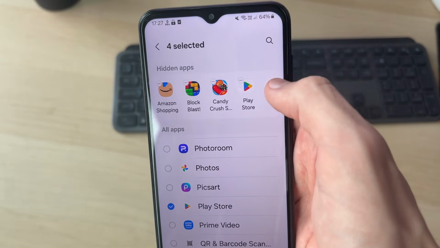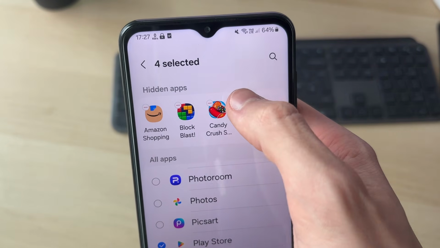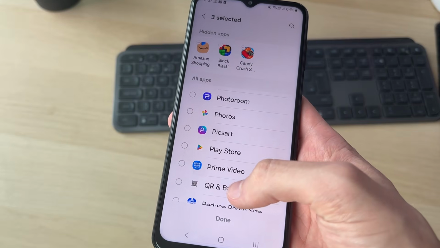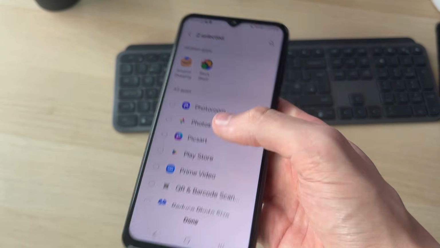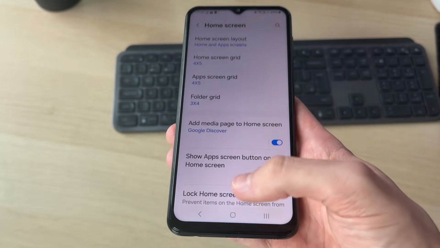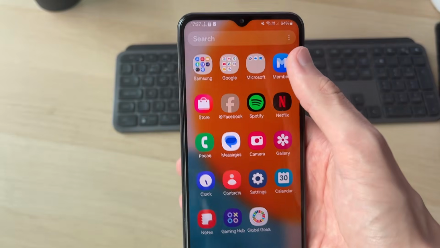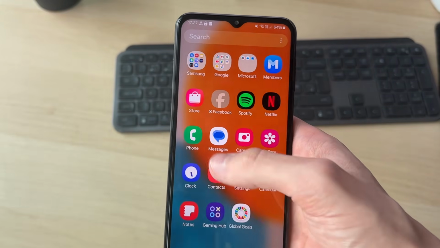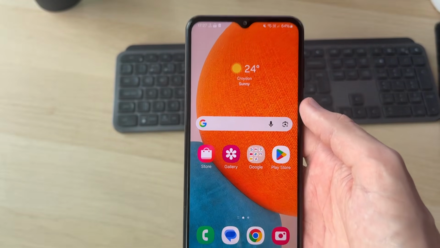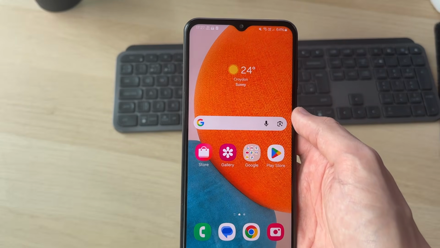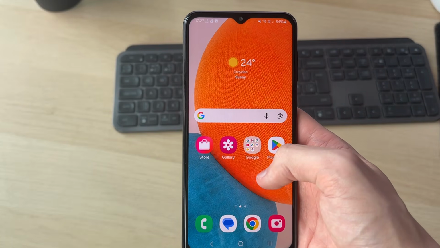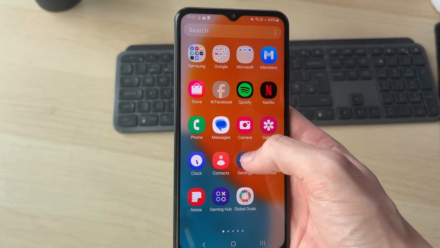Look at the top and you just want to make sure that it hasn't been hidden. If it has, you can tap on it and press done. And after you make a change, we can press done. And then you can swipe up and search at the top again for Play Store and you should hopefully find it and you can add it back to your home screen. If you still find that it's missing, what you can do is go back to your settings